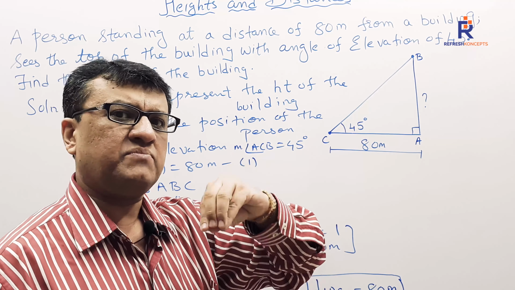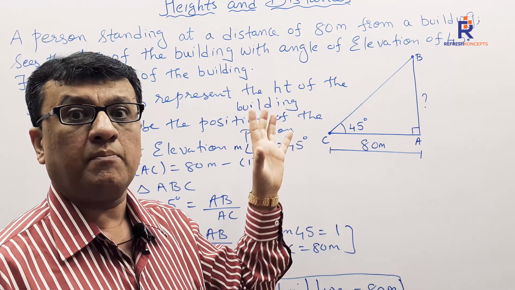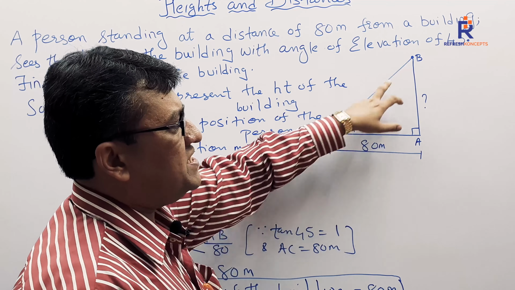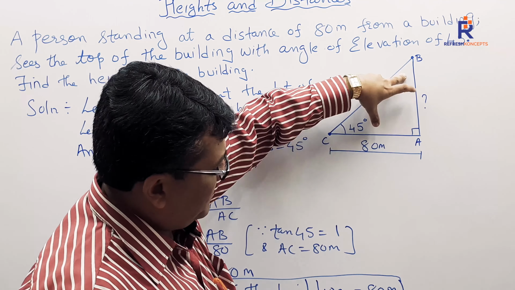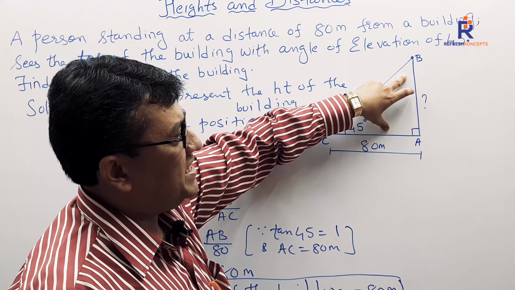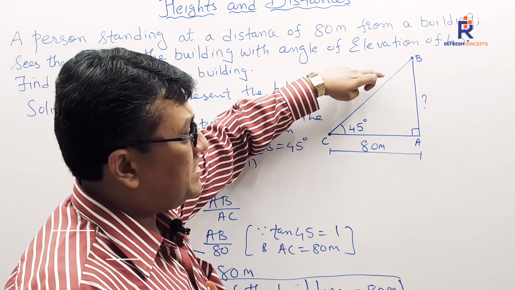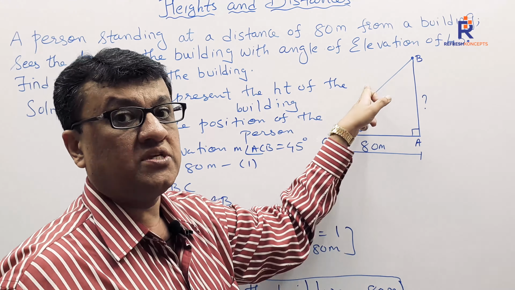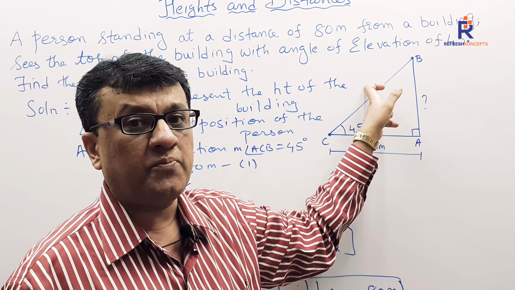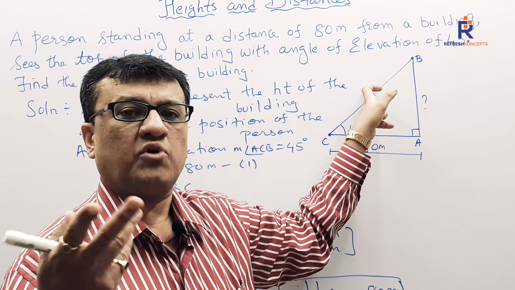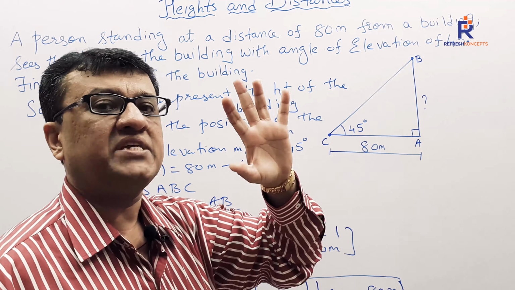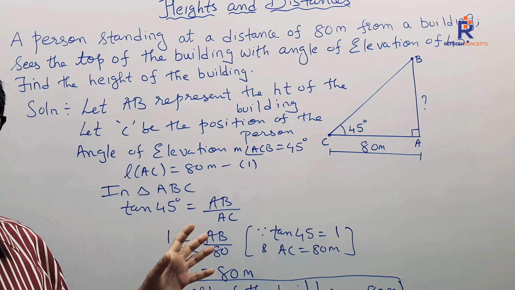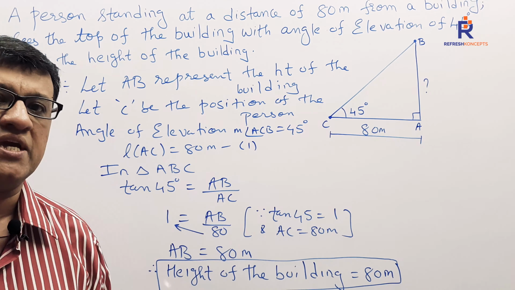I just need to say something more within the word problems of heights and distances. Say tomorrow, this is an angle given to you, AC is known to me and I'm supposed to find out BC. If this is the angle given to us, this will be opposite and this will be hypotenuse. What relation comes in opposite and hypotenuse? The answer is sine. So I would have used sine then. I just wanted to tell my students that not every time will we use tan. This is how we gauge which trigonometric function we are going to make use of.